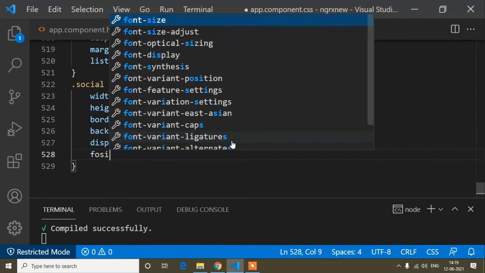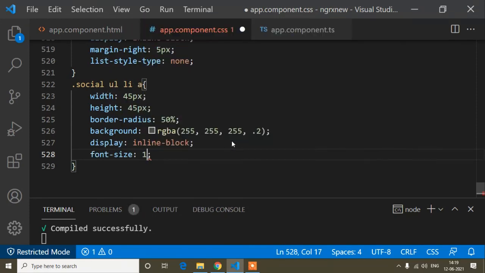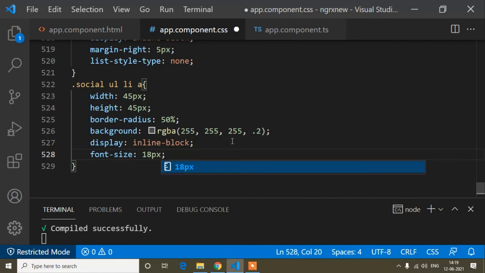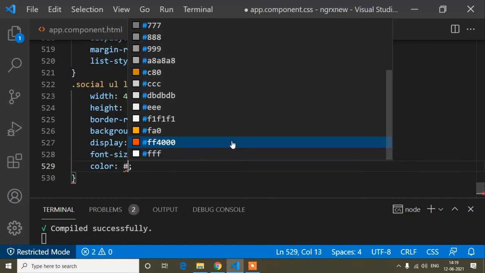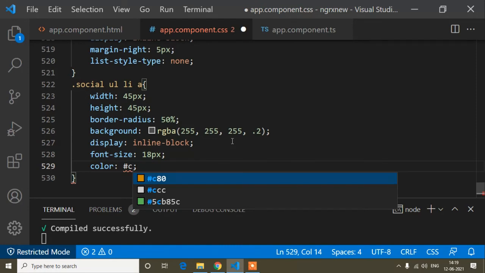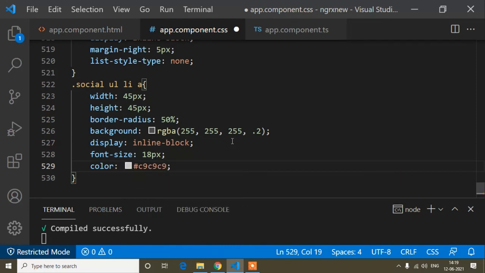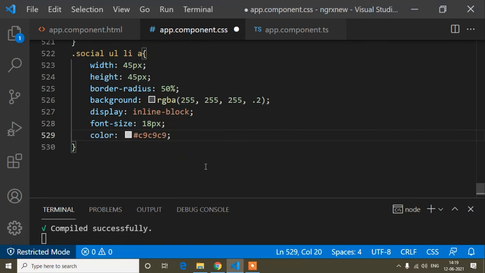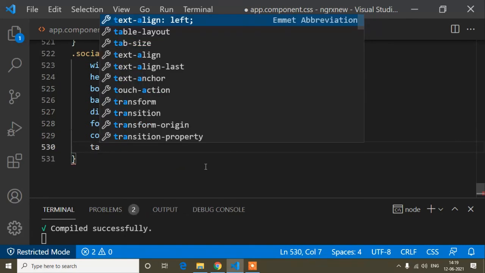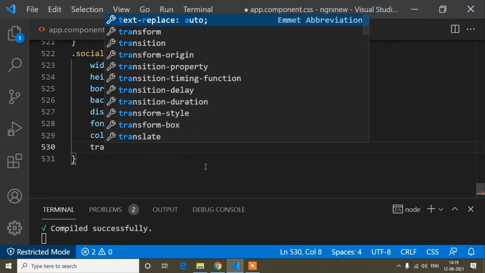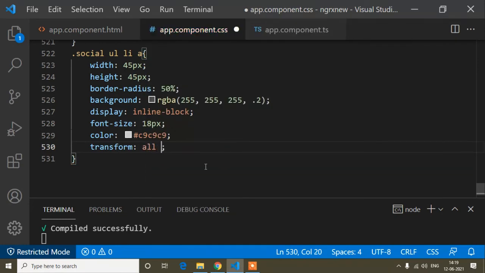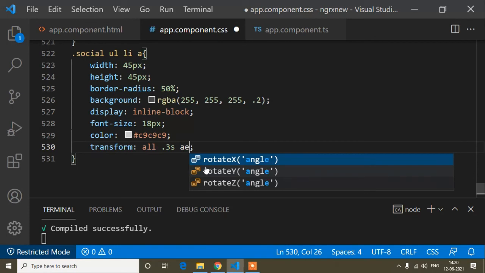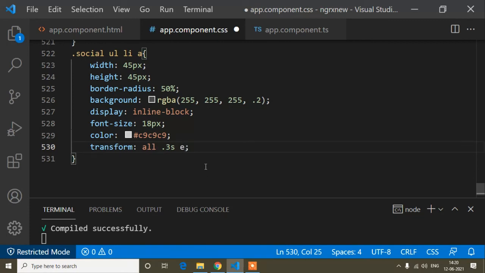So the font size is 18 pixel, and the color of this icon I will write C9, this color code. Okay, and the transition, because I will hover on this, so I will add the hover effect. For making it smooth, here I will add the transition. Transition is all 0.3s, and all means for every element. Okay, that is this one.